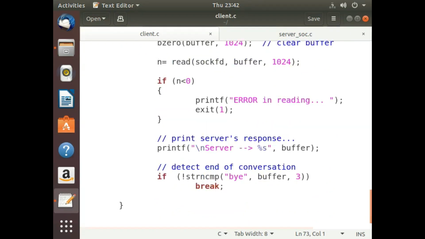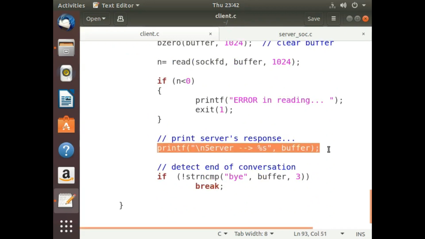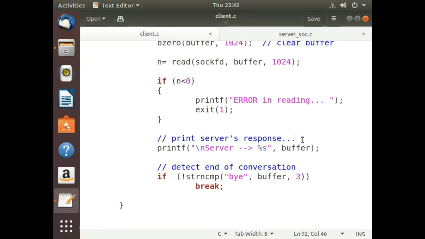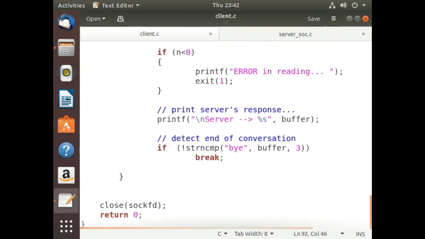Once we read the response from the server, we are going to print it, just as we displayed on the server side what the client sent. Here we are going to display what the server sent, with the same mechanism to get out of the infinite loop. And once we get out, we just have a single socket, so we'll close that socket, and that will be all.